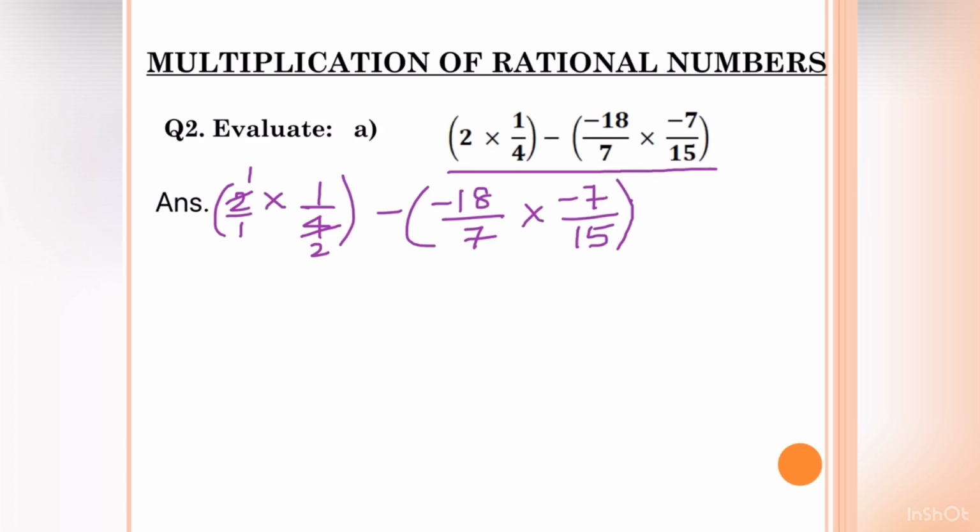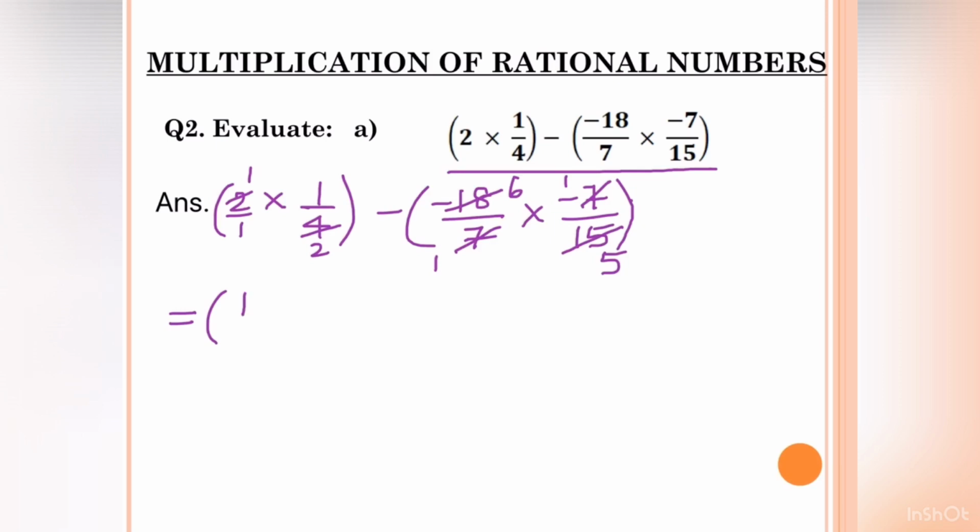And in the second bracket we have 7 as common factor. So let's cancel. 7 times 1 gives 7. 7 times 1 gives 7. And we can see that 18 and 15 also have common factor, which is 3. 3 times 6 gives 18. 3 times 5 gives 15. So now this expression is equal to,